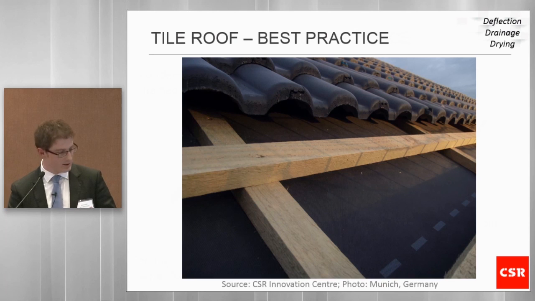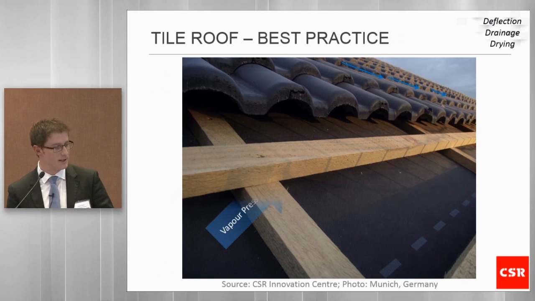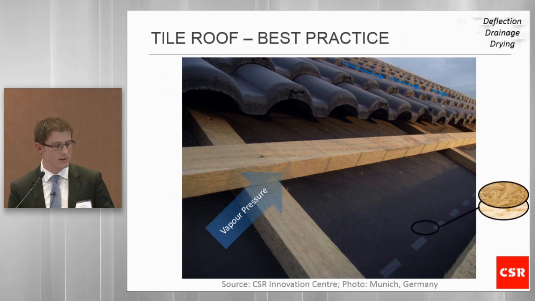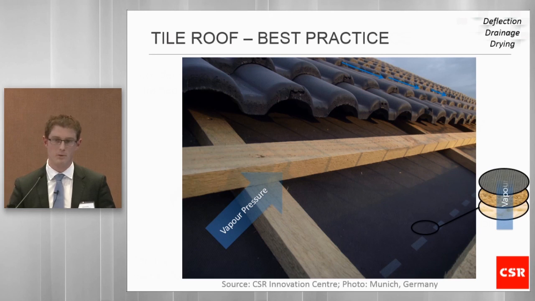And I'll just take you through the construction method here, which is obviously tiles to deflect the rain. Then you've got a vapour pressure, which is pushing outwards. So all the vapour, high temperature, high humidity inside the house wants to push outwards to the colder conditions outside the building. And the way they construct this system is they use a series of vapour permeable materials to make up the roof structure, which is vapour permeable mineral wool, vapour permeable OSB, which is oriented strand board, and then